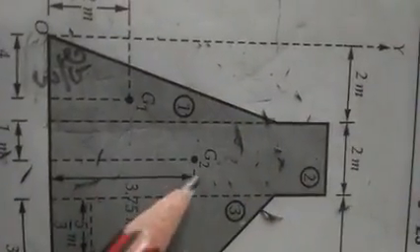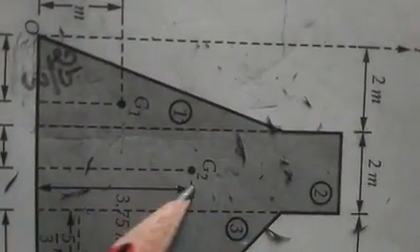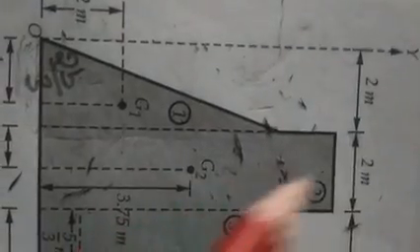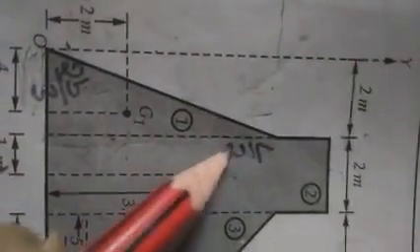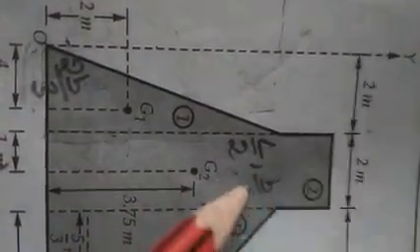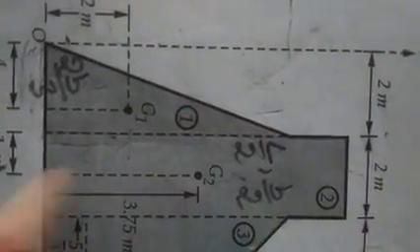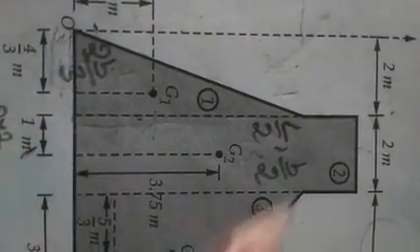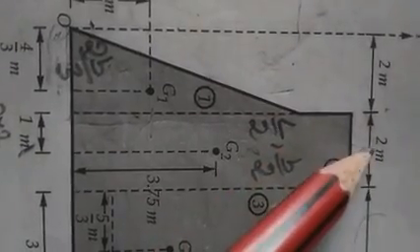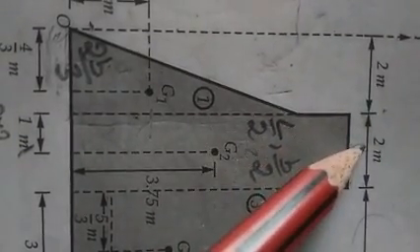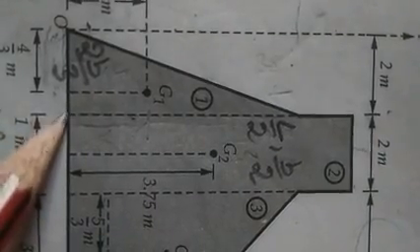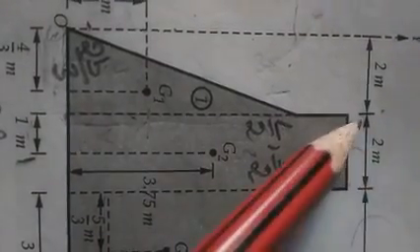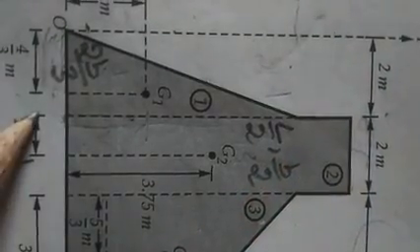So let me go to the second section. The centroid of the second section will come exactly at the center. If you take length L divided by 2, and b divided by 2. The length is given here as 2 meter, and 2 divided by 2 is 1. So the centroid here exists at 1 meter from here.